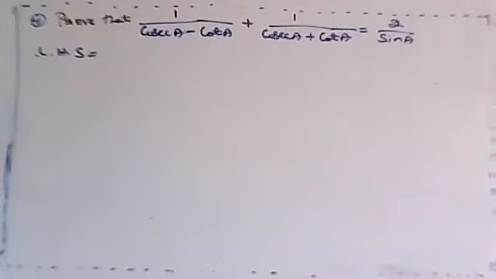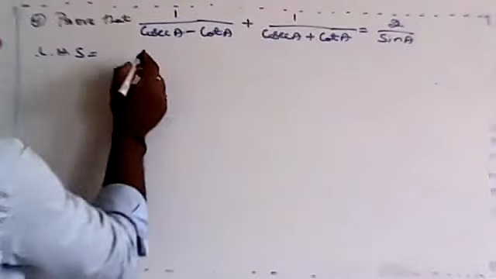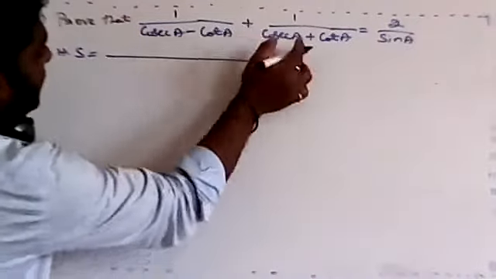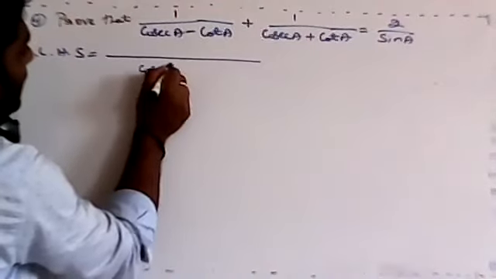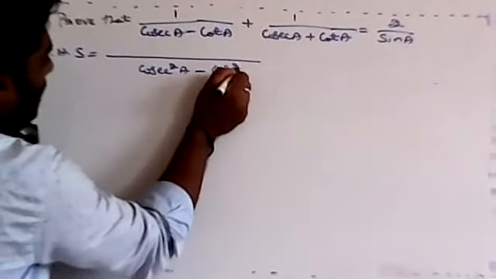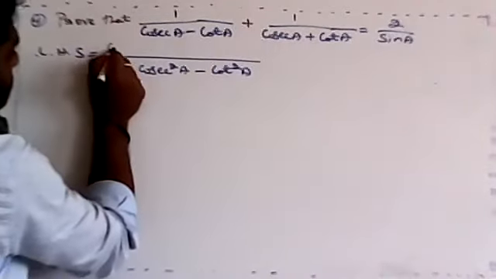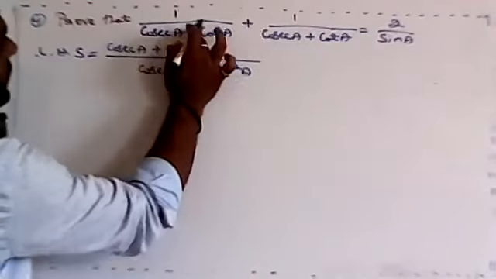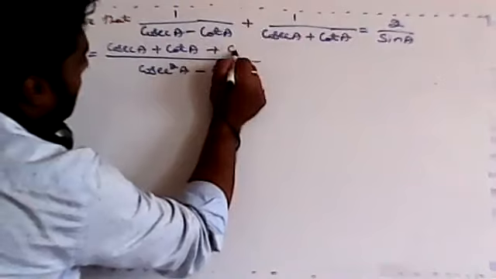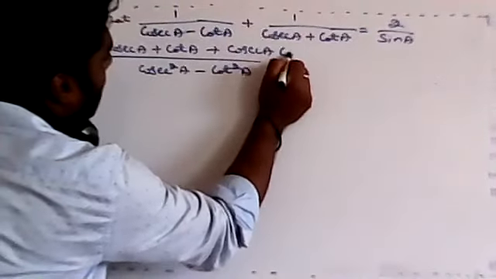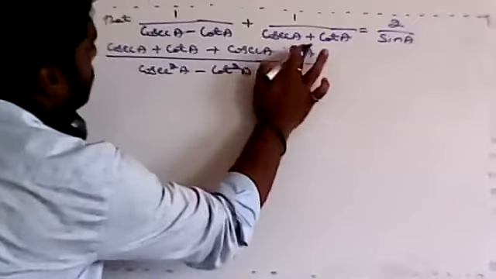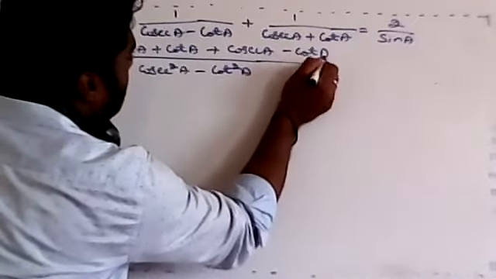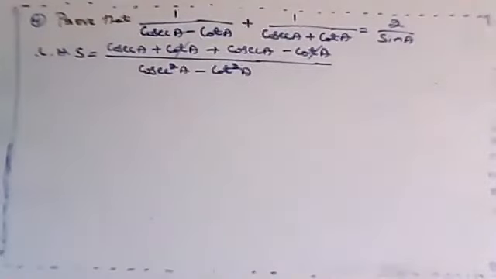Yes, good, Prithvi. We are going for the LCM now. So take the LCM here. What do you get as the LCM? Directly I'll write (a minus b) into (a plus b) is nothing but cosecant square A minus cot square A. So this one you have to write here: cosecant A plus cot A, plus, in the second term on the numerator, you multiply cosecant A minus cot A. So here plus cot A minus cot A gets cancelled.